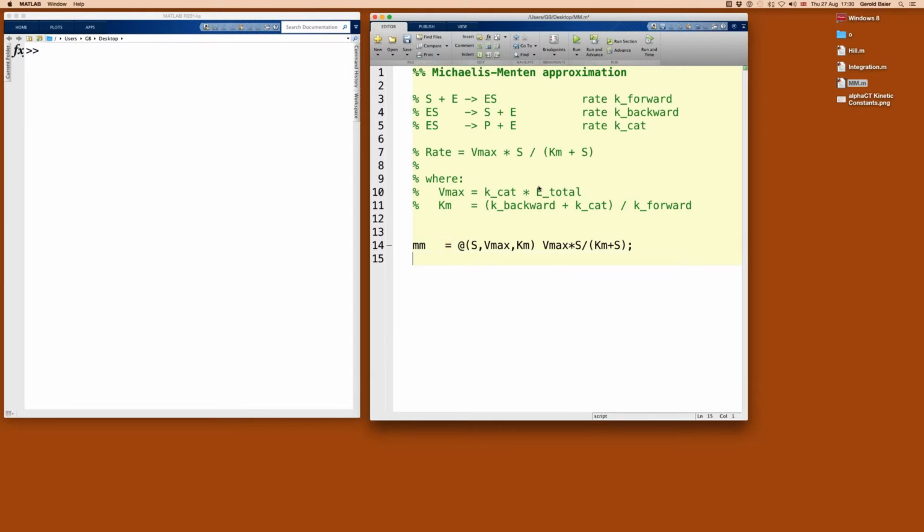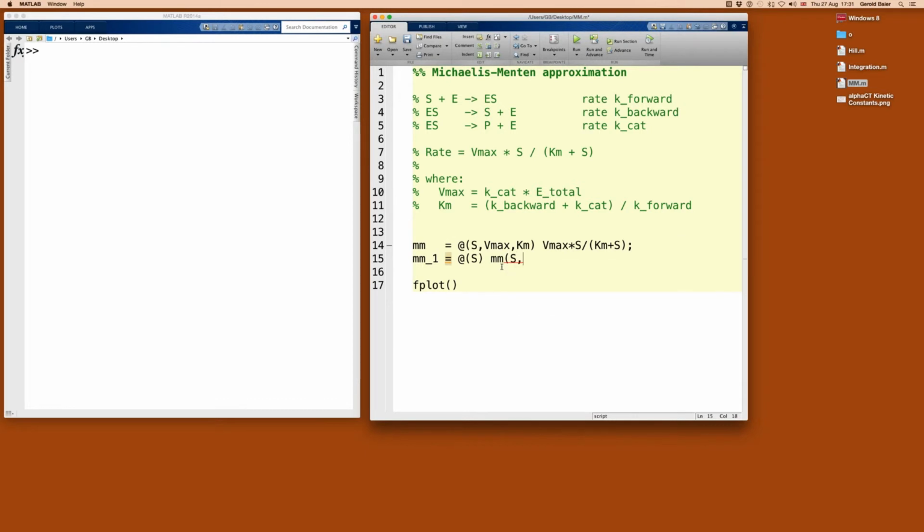Okay, so I think we want to have a little look at what this looks like, don't we? Right. If we want to look at what this function looks like, we can use it directly, but remember that Vmax and Km are things that we need to specify. So how can we do this? Well, we want to work towards using the fplot function, but fplot expects a function that only has one variable, not S, Vmax and Km, but just S. So let's make a new function called mm1, which takes one variable, S,